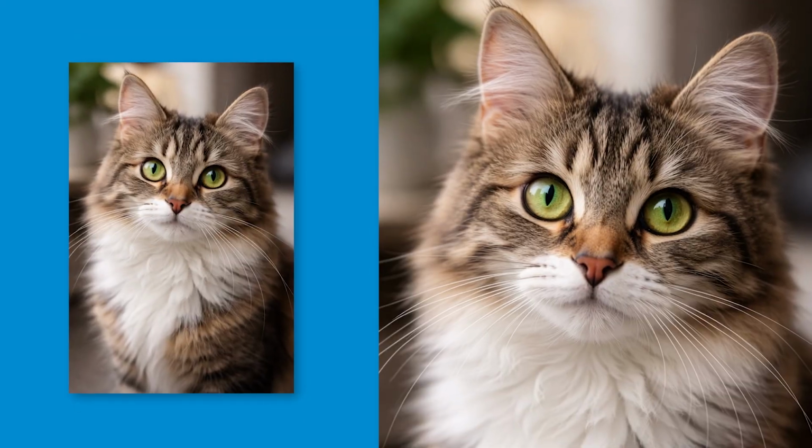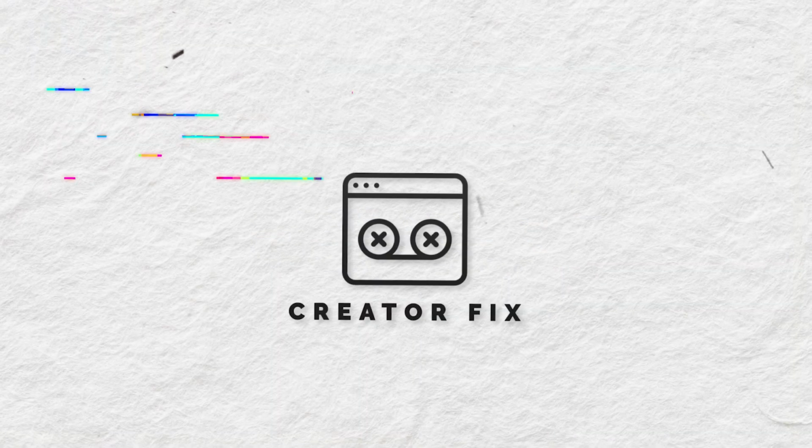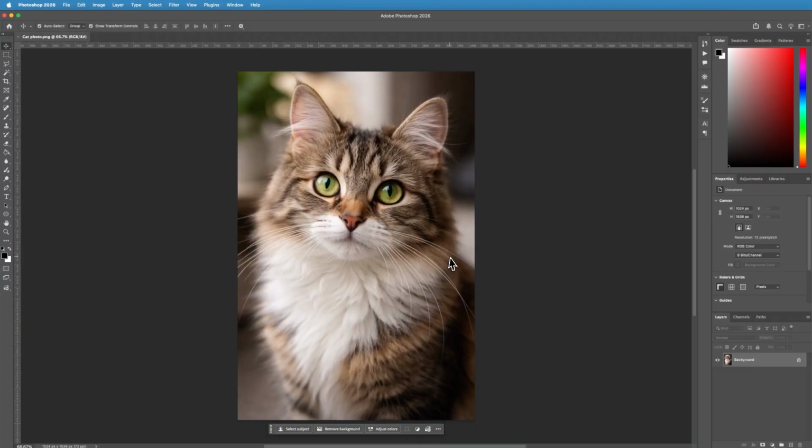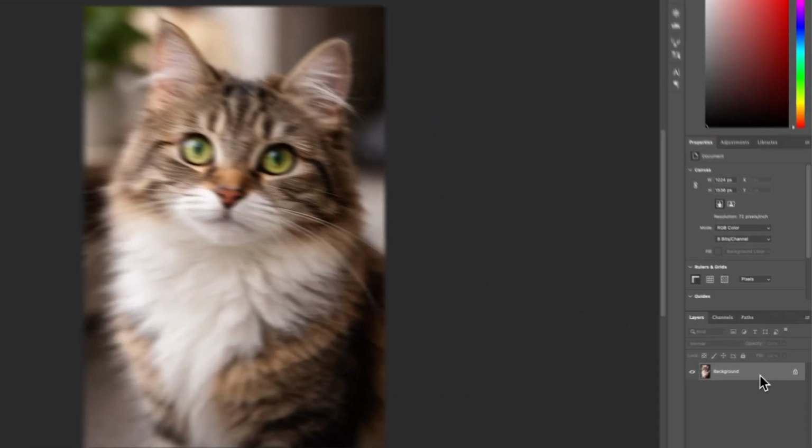How to upscale an image in Photoshop. Let's get into it. To begin with, import your image into Photoshop, then make sure you have the layer selected,